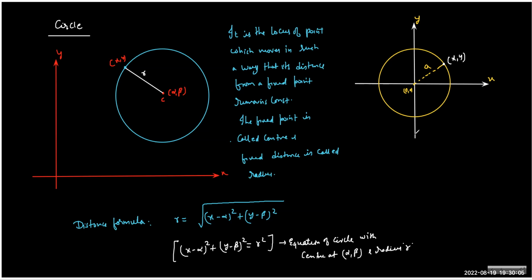So a is equal to root of x square plus y square. So if I square both sides, I get x square plus y square equals a square. And this is very much the equation of circle,